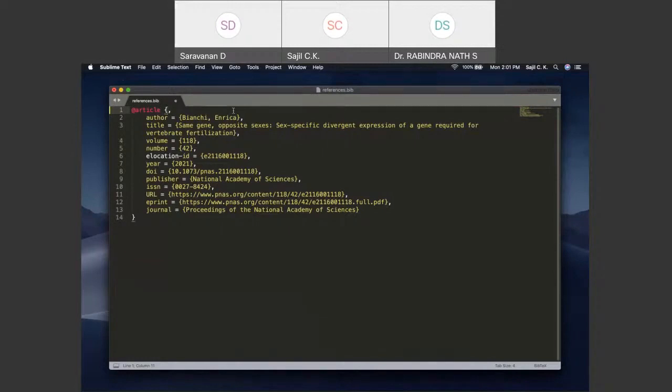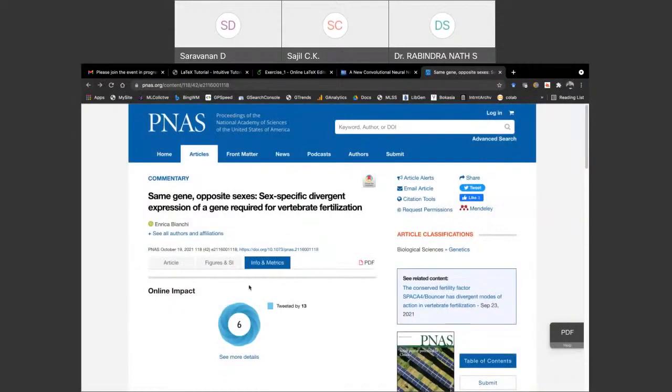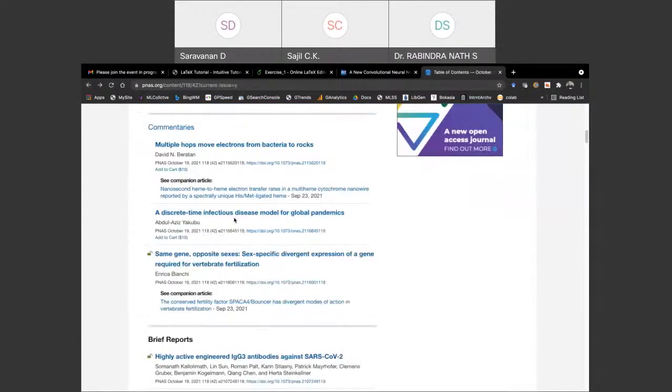Okay, I have this paper about gene expression or something like that, which came in 2021. It is from Enrica, or someone named Enrica or like that. So I can give a friendly name. This is how I do it. This is the reference, or the pet name, you are assigning to this paper, which you can later use to cite that paper. This way you need to collect the information of the most frequent or the most important papers from your area.